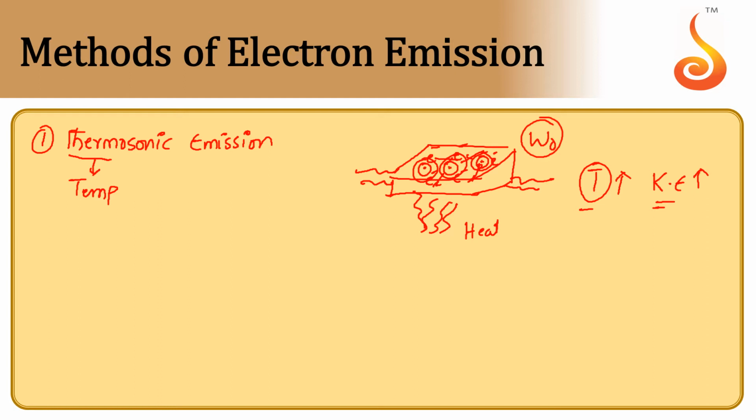So once the kinetic energy of the electrons is equivalent to the work function of the given metal, what happens? They will get sufficient energy, therefore they'll come out of the metal surface. So this phenomenon is called electron emission, and by providing heat and removing an electron from the metal surface is called thermionic emission. But this method is not that efficient, because the amount of heat that we provide is not completely utilized to remove the electrons. Some amount of energy will be dissipated to the surroundings.